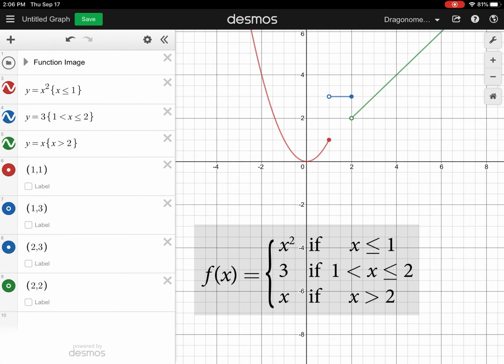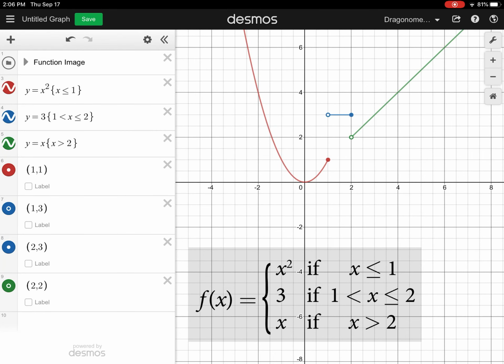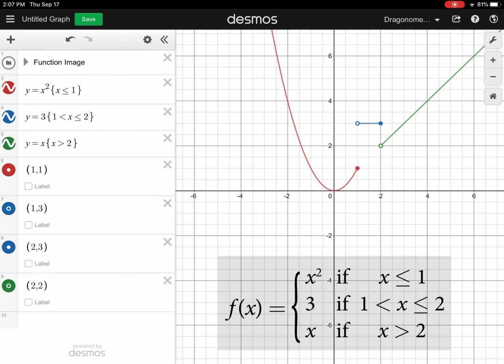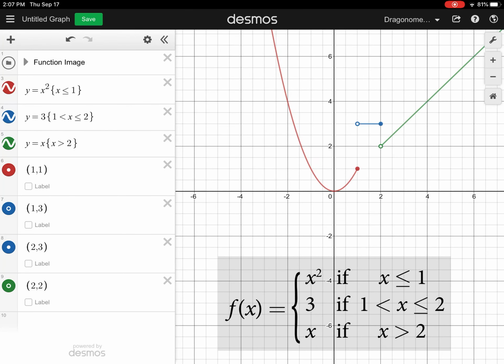And when you do that, you can see that now we've got these 3 pieces graphed correctly, including the endpoints of the segments of the pieces. So that's a quick little intro to graphing a piecewise defined function. Give it a go. It looks very similar on your phone or on your computer. The properties or the techniques are the same. And this should help you get an idea of what these piecewise defined functions look like. Good luck.